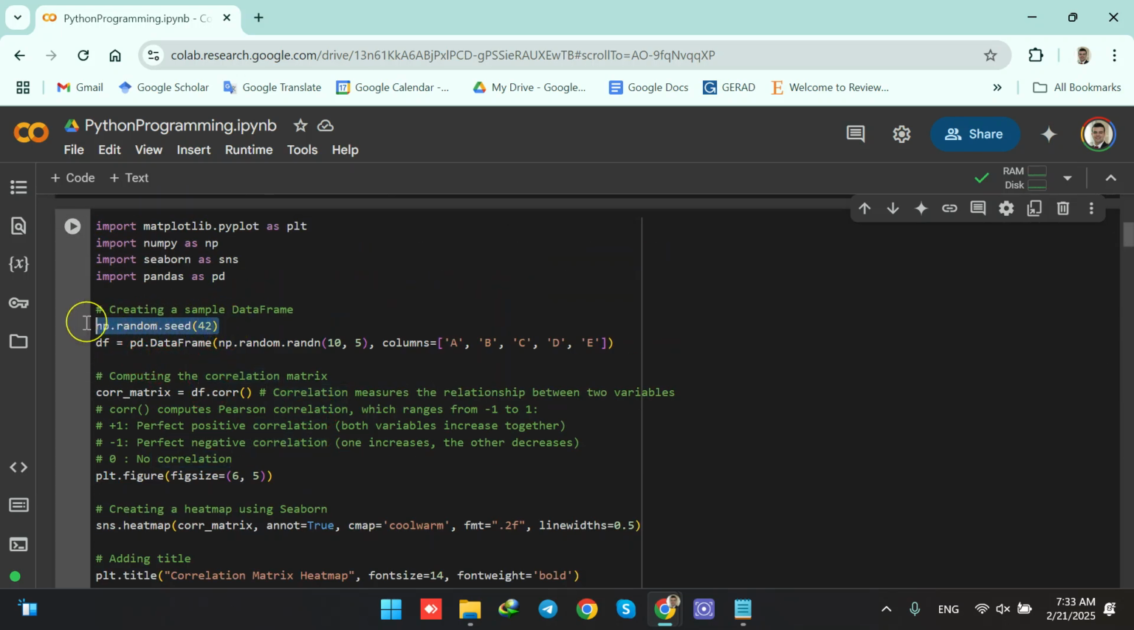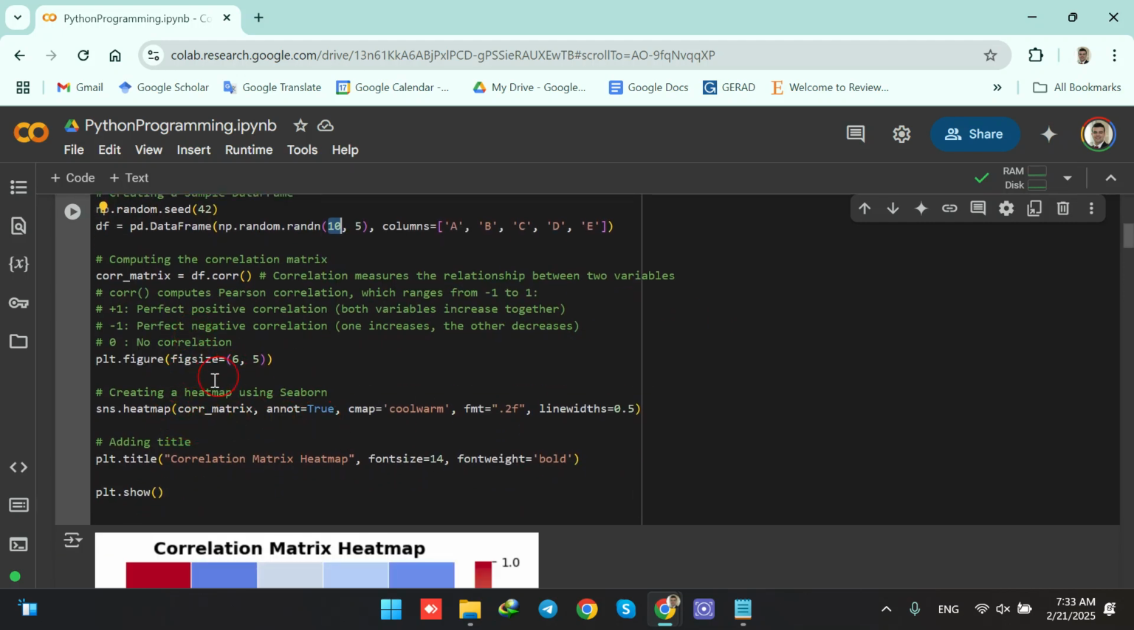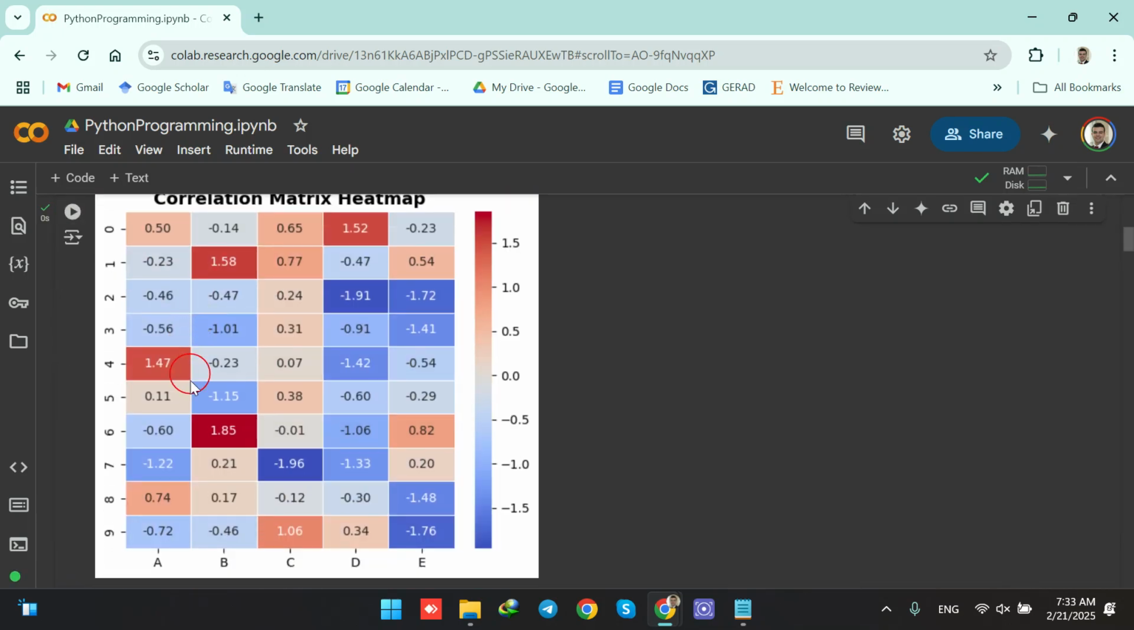First of all, we put in the seed in order to rerun the code and get the same result. Then we have a matrix of 10 by 5. So we have 5 columns, A, B, C, D, and E, and we have 10 rows, 1, 2, 3, 4, 5, etc. Let me show you the table. When I run the code now, I see here